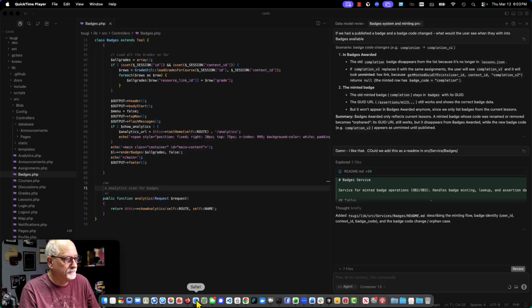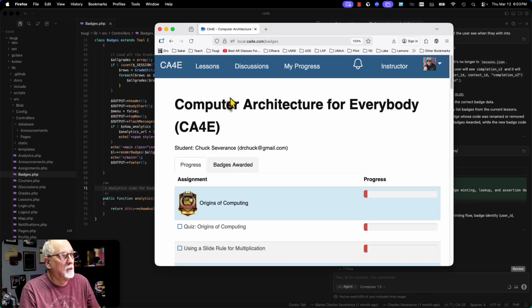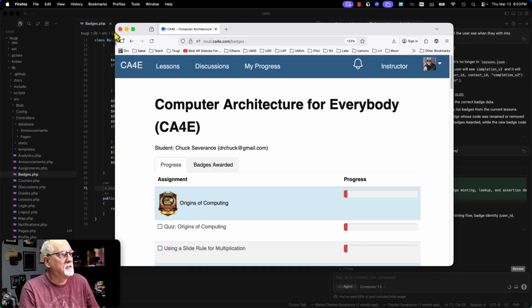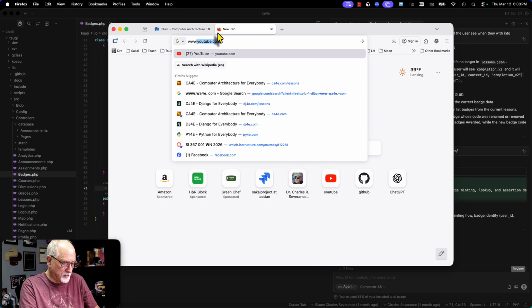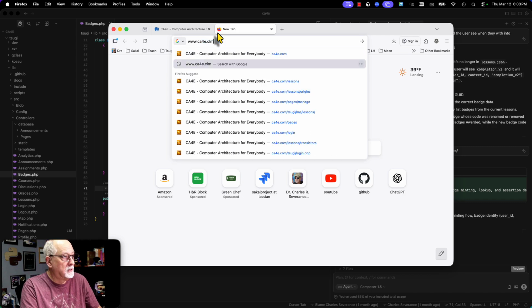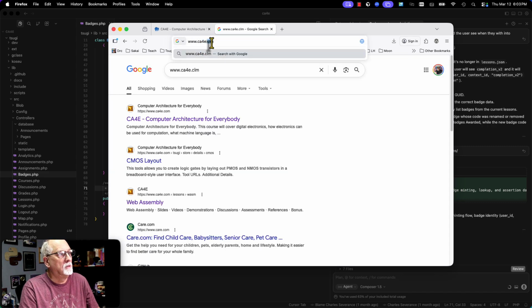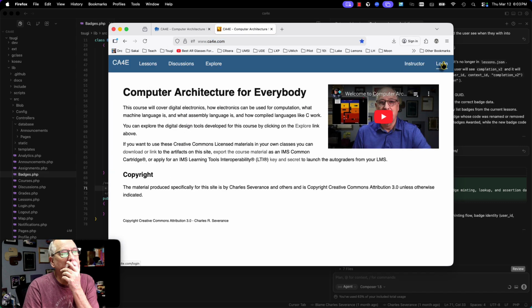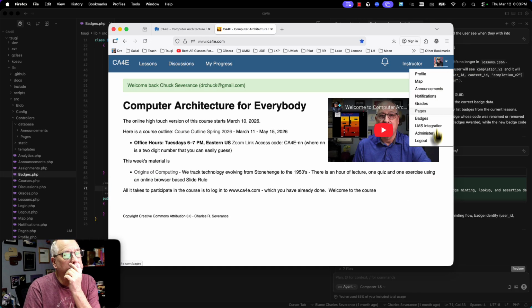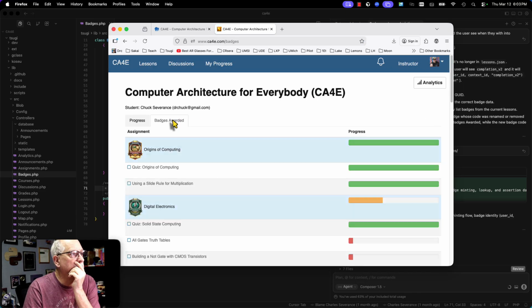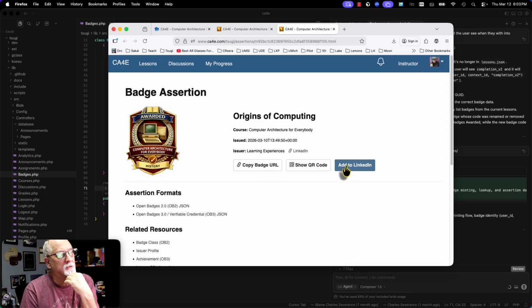So basically I've been working on badges, and these are pretty cool. Let me go onto the production server. Computer architecture for everybody. Log in, sign in, good news. Go to badges, look at the badges awarded. So I got this add to LinkedIn badge, right? So the problem is that